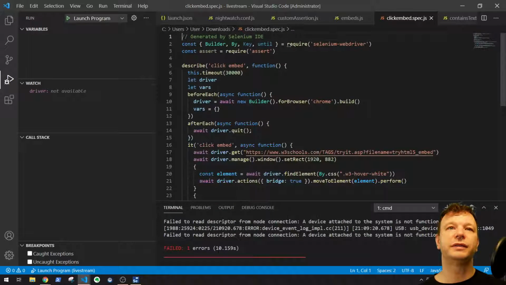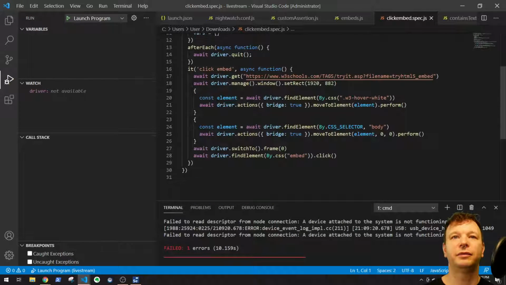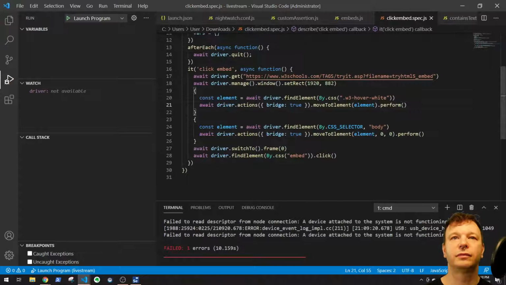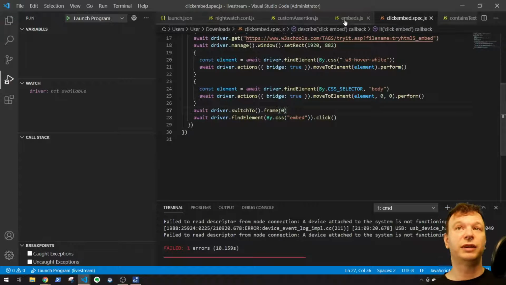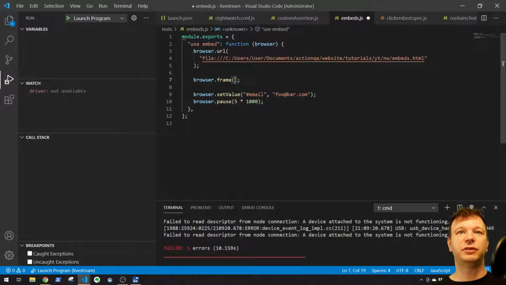Okay, so here is this code for using Selenium Webdriver directly. Now I want to see what they're doing. Move to element. Now wait, driver, find element, select, move to element, switch to frame 0. So there's the frame 0. So I wonder if switch to frame 0, just using the number 0, would work. So that's one hint here. So let's maybe give it a try. So that's embed, but maybe if we just use 0,